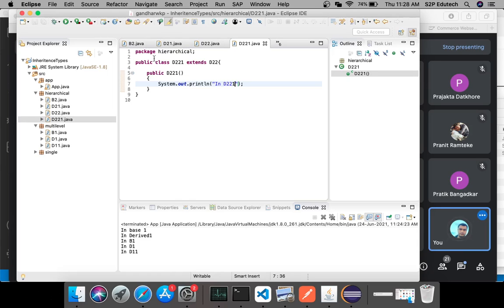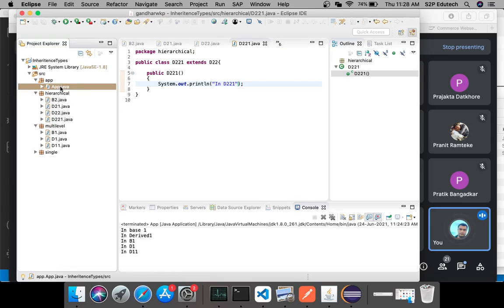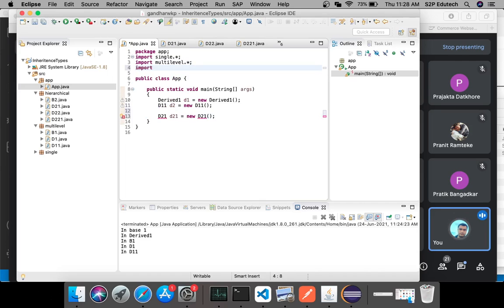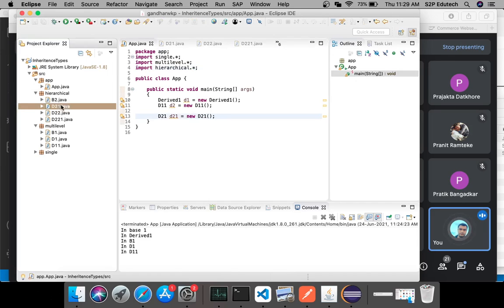That's how it goes. So in my app.java, if I try to create an object of D21, I'll import this, I'll say import hierarchical.star, so I'll get all the classes, and I try to create an object of D21.